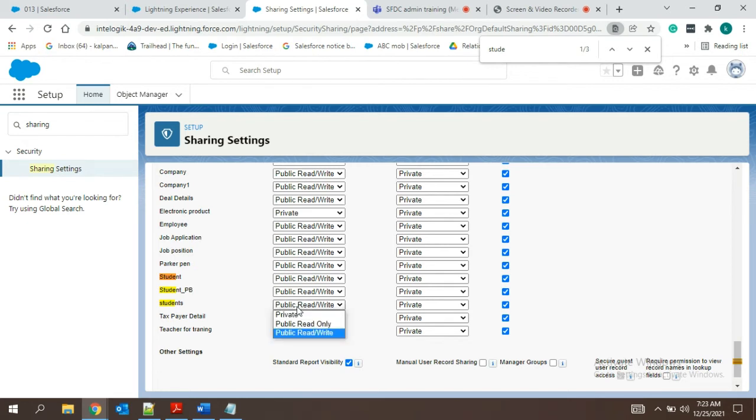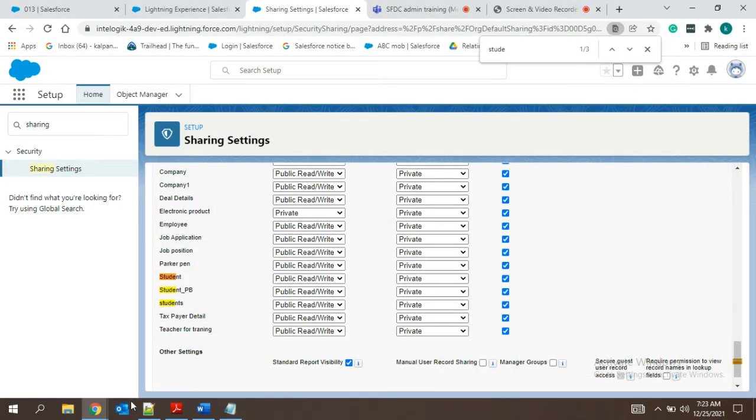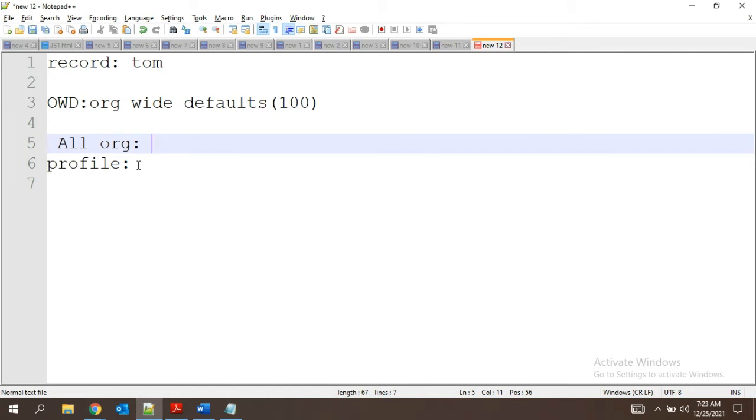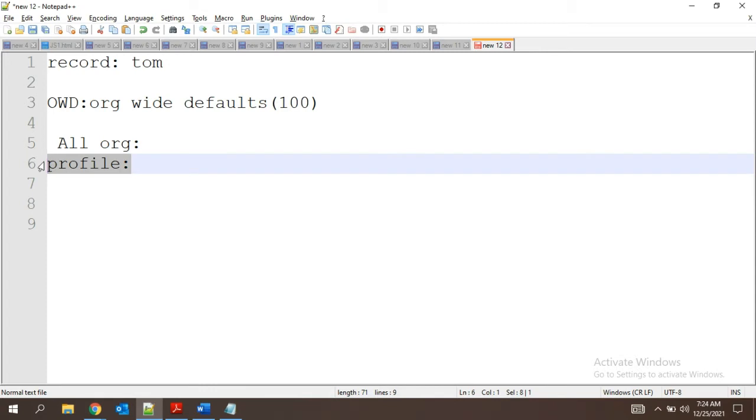When we edit, we have three options here: public read write, public read only, and private. All three options work differently. What was the first one? Public read write. That means a record owned by me or anyone can be read, that means viewed.